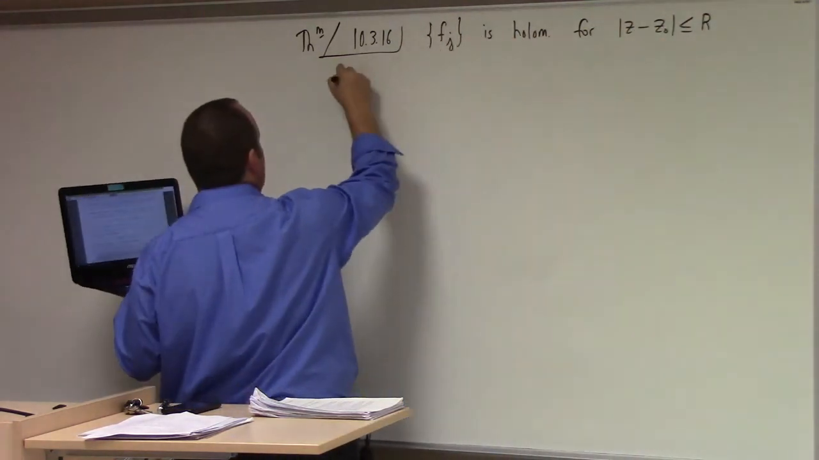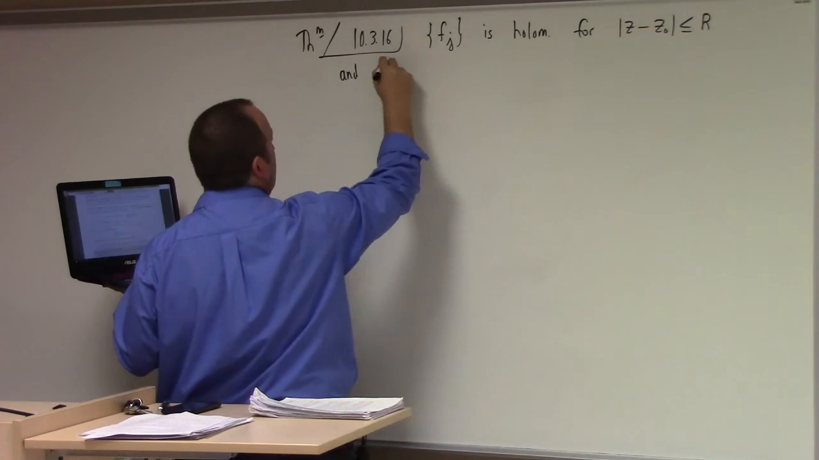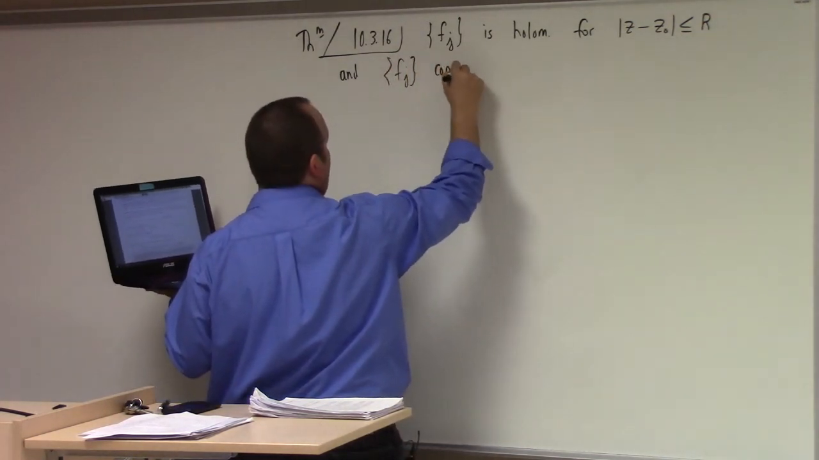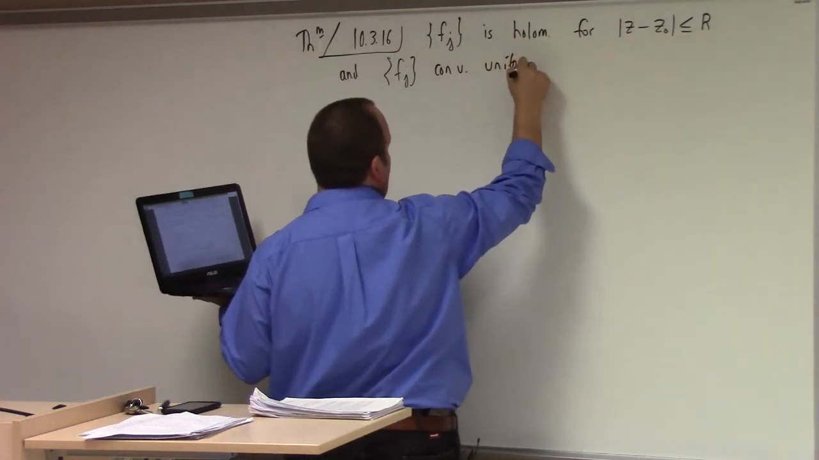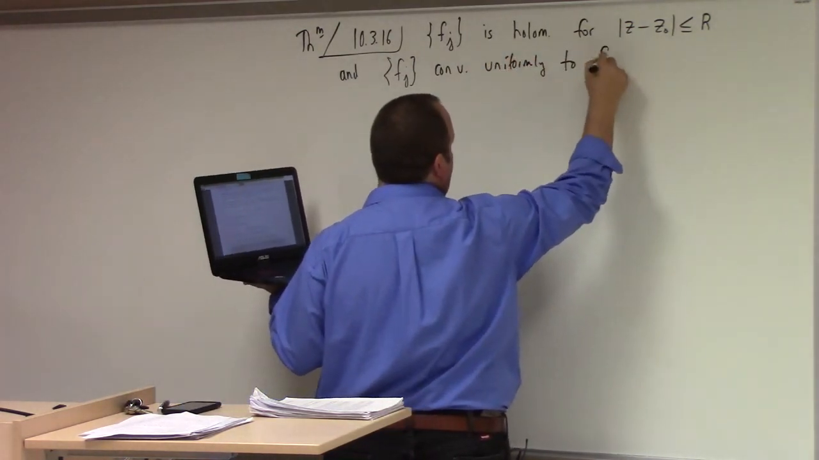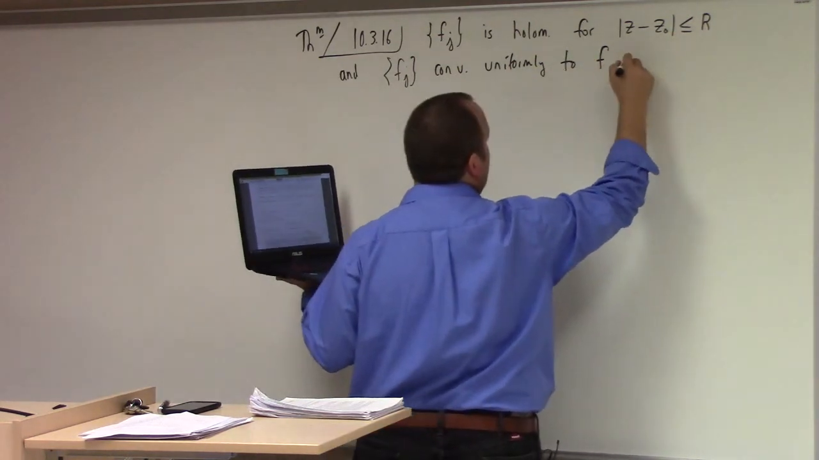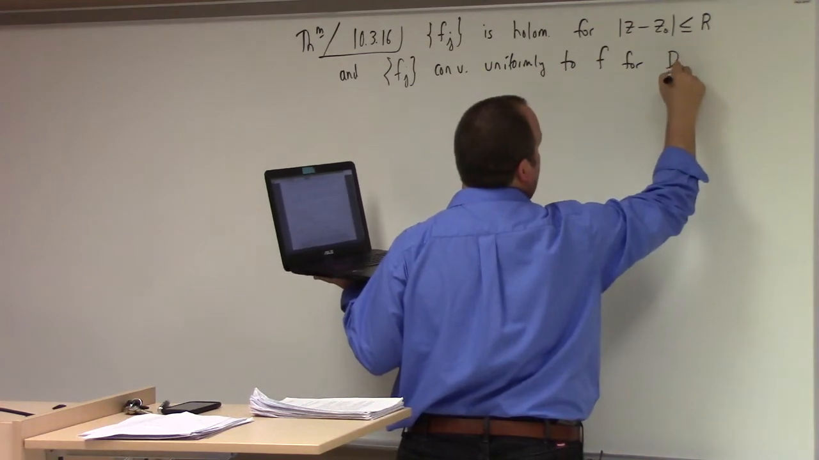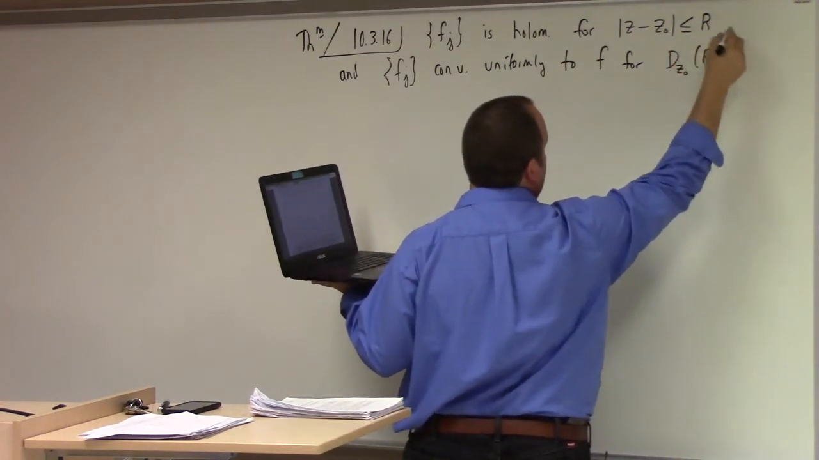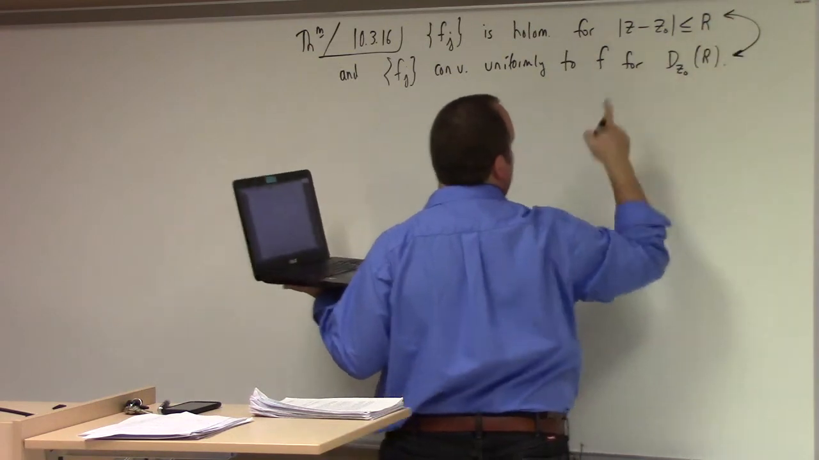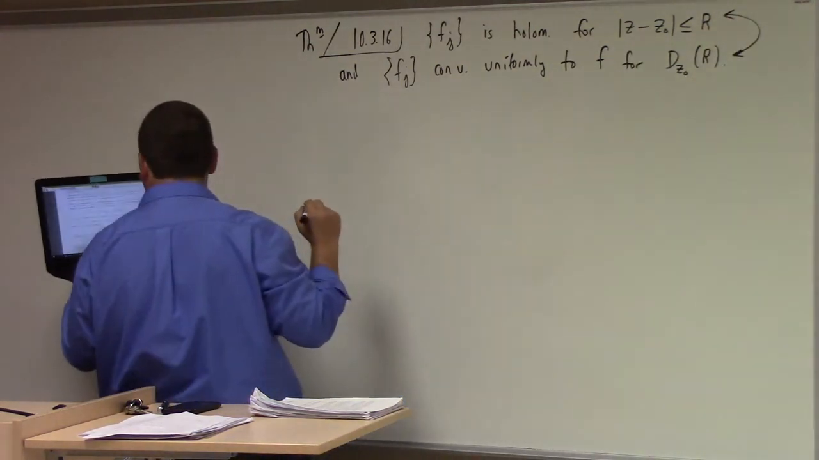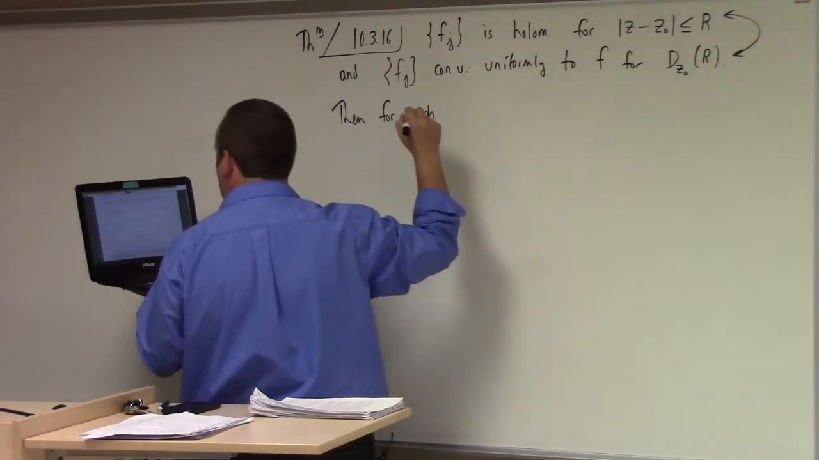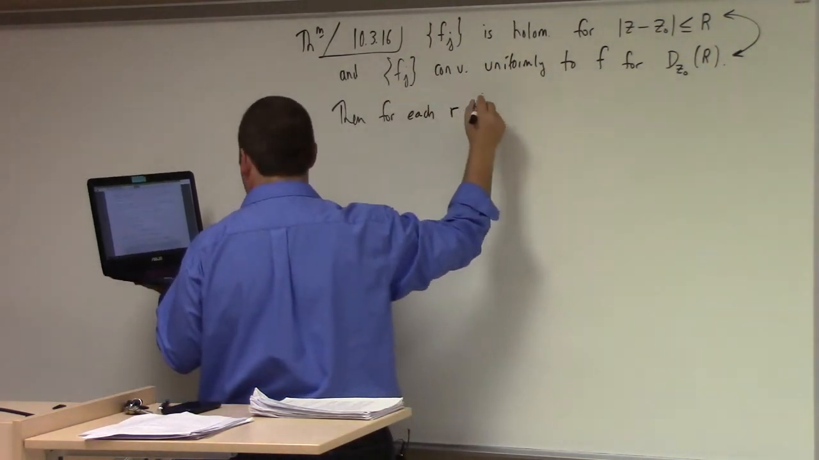And suppose that this sequence of functions converges uniformly to, let's say, f, for the disk centered at z naught with radius R, which is z meeting that condition. Then for each little r less than R,